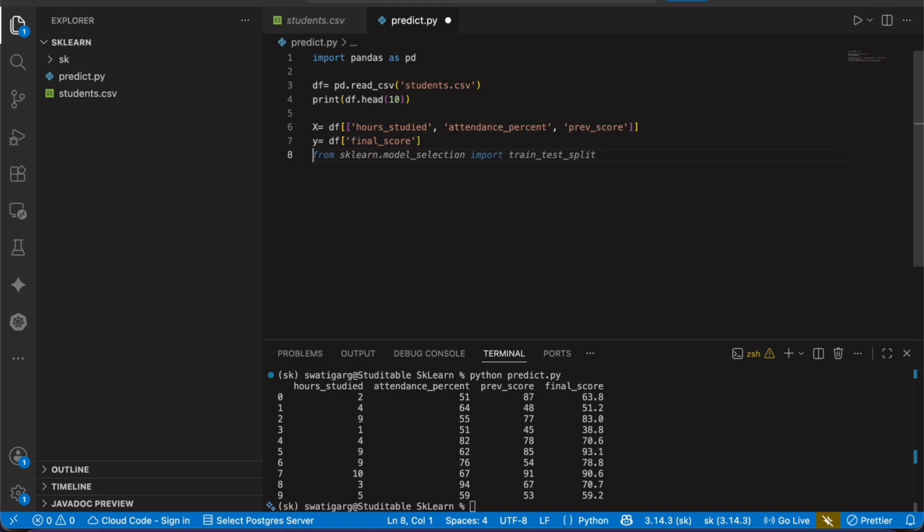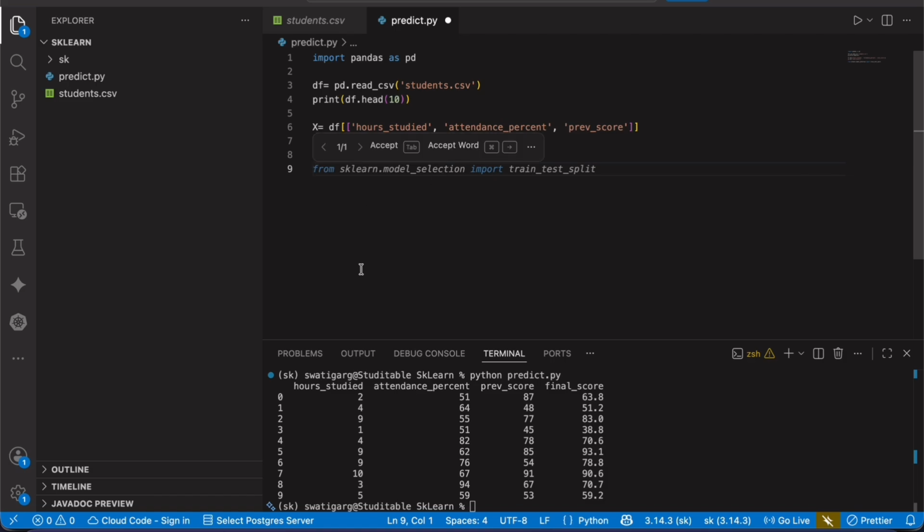Okay, if you have noticed, I have used capital X for the input values and small y for the output value. So why is it so? It's because X can have multiple features, multiple values. So this represents data of rows and columns, a 2D structure of data which we call a matrix.